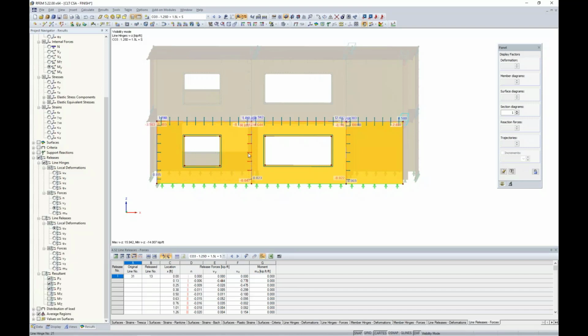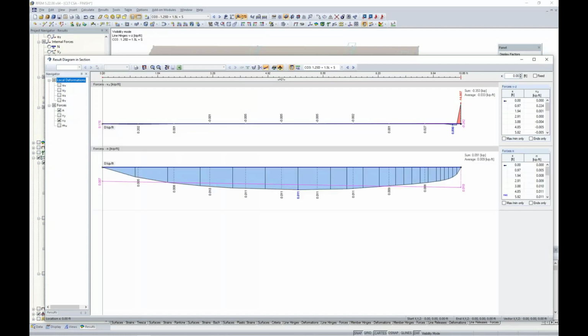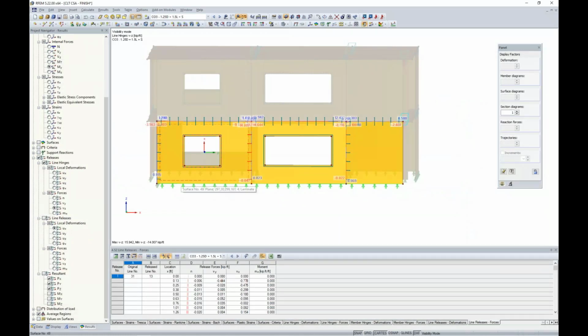For any one of these line hinges as well, we can always right-click and go to the results diagram, and you can see in a little bit more detail exactly what's going on with these internal forces. We can change to different load combinations here if we're interested in viewing the results for those particular line hinges for different load combinations. So this is the information that we'd probably want to export out to Microsoft Excel, for example, to do our connection design. And